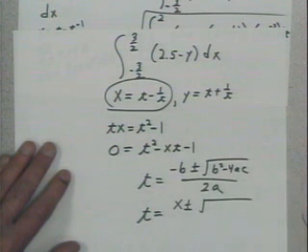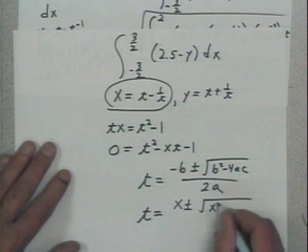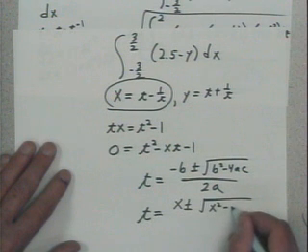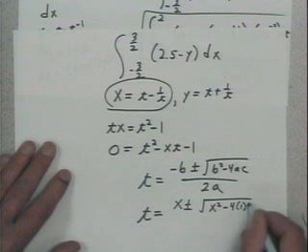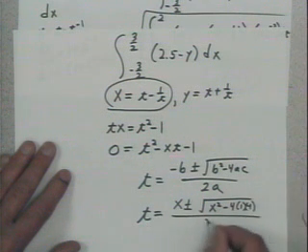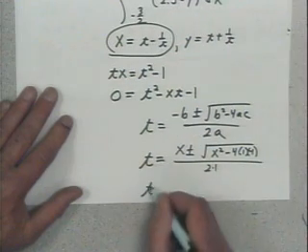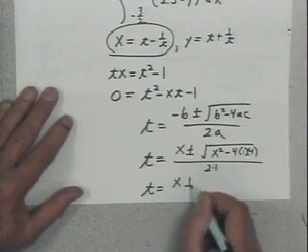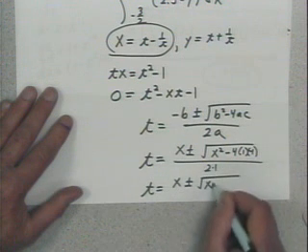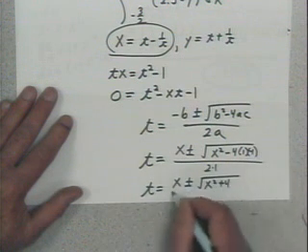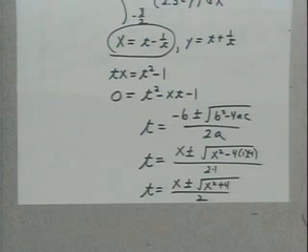What would be b squared? Minus 4ac over 2a, right? So what is t? It's x plus or minus the square root of x squared plus 4 over 2. There's t